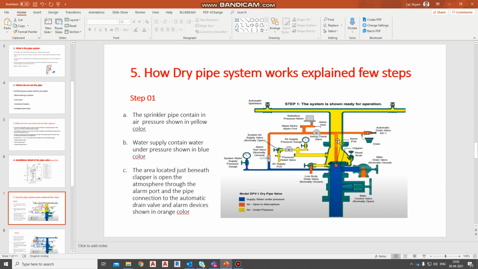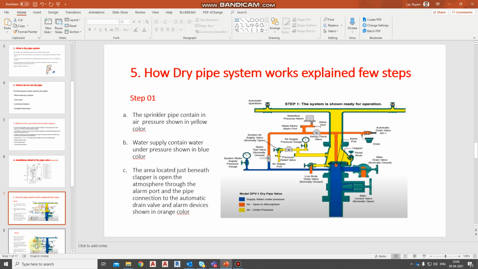And you see here the area located just beneath the clapper is open to atmosphere through the alarm port and automatic drain valve, and it is connected through to the alarm device.